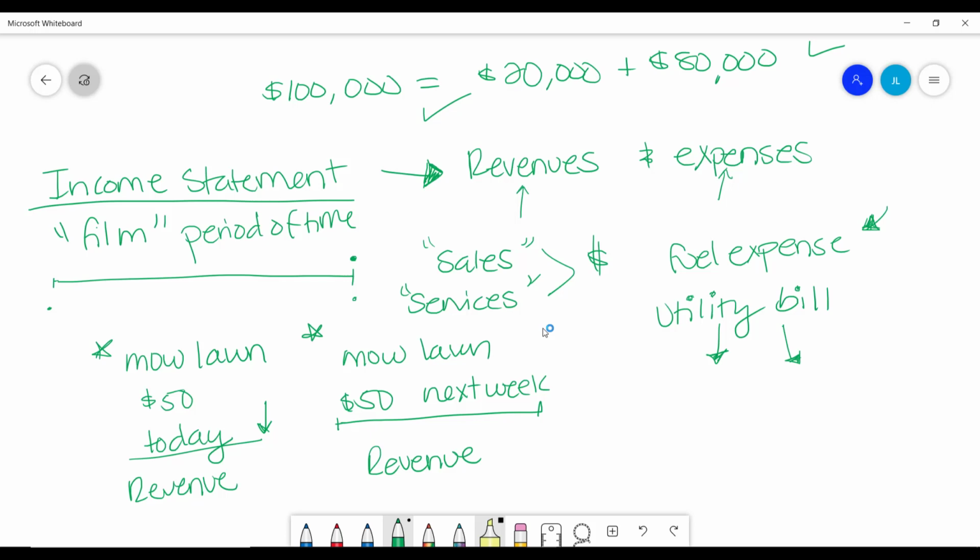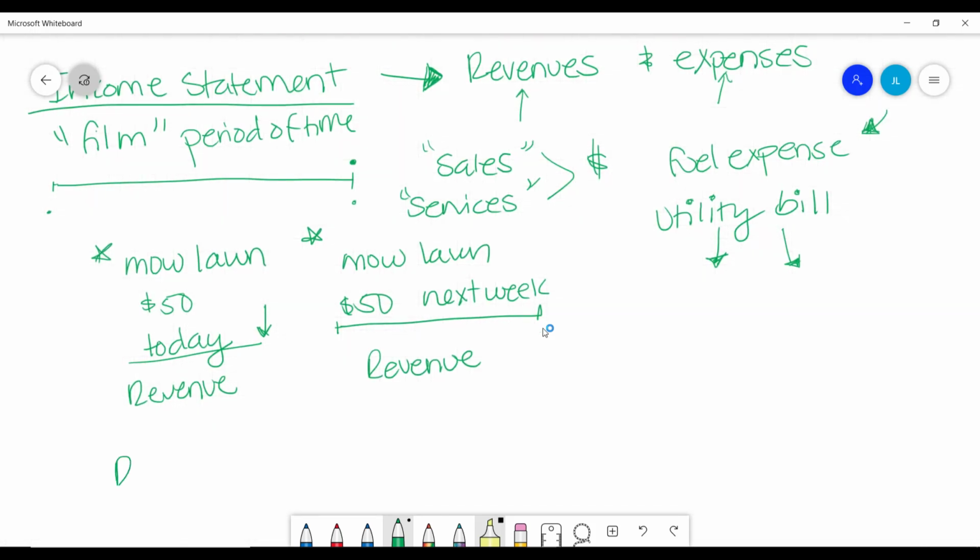The main idea I want you to take away, at least for the purpose of this chapter, is: what is an income statement? It's a financial statement that covers a period of time that shows us what revenues and expenses apply to this business for that specific period through the activities they engaged in, how much revenue was generated, and how many expenses were incurred. When you put all of that together, your income statement will tell you exactly what the net income for that business is for that period of time.